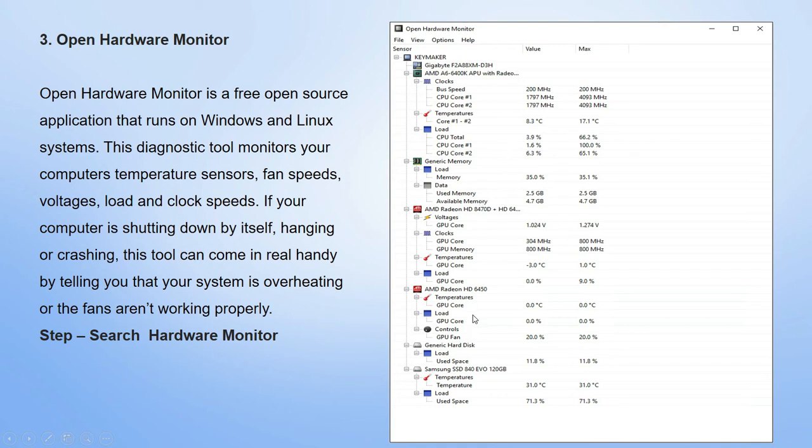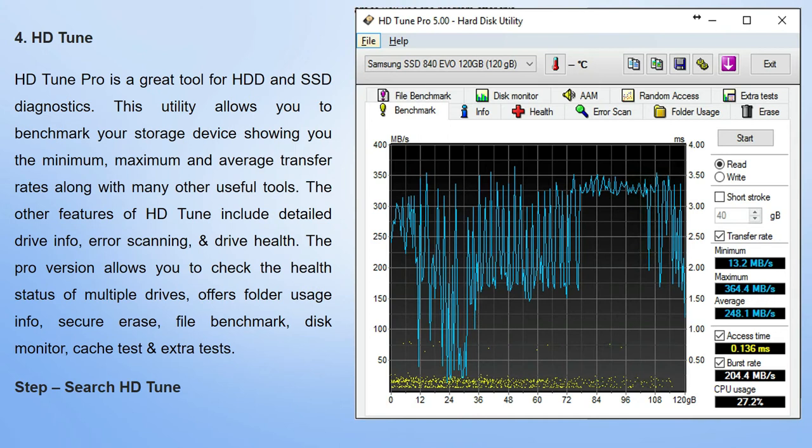Okay, now go for the next one, that is your SD Tune. SD Tune Pro is a great tool for hard disk and SSD diagnosis. This utility allows you to benchmark your storage device, showing you the minimum, maximum and average transfer rate along with many other useful tools.